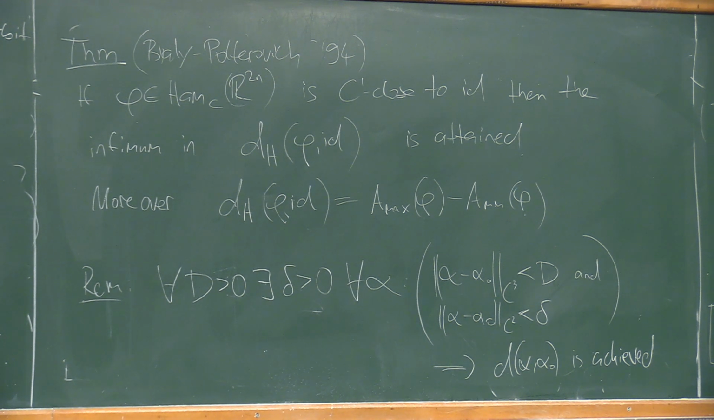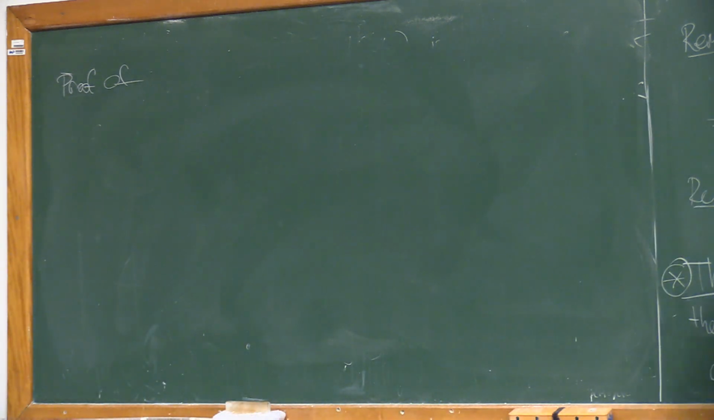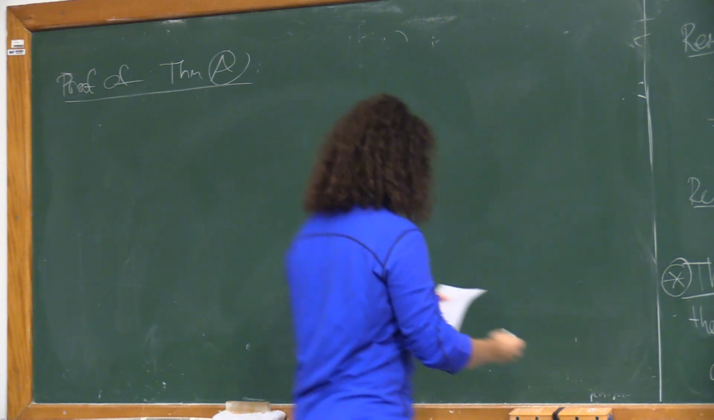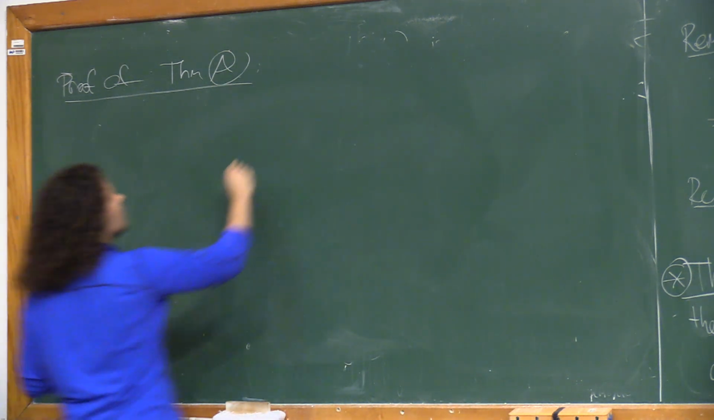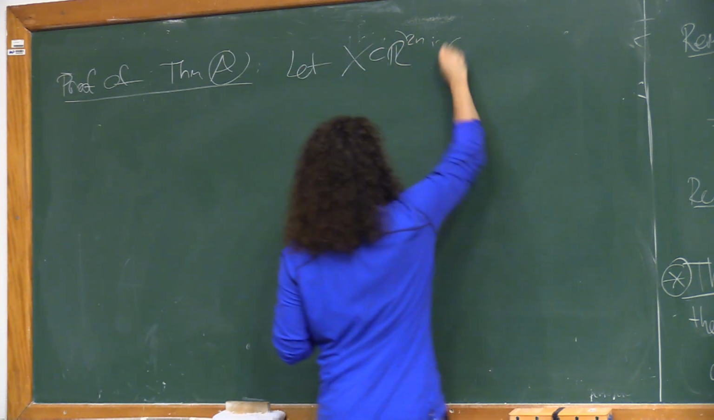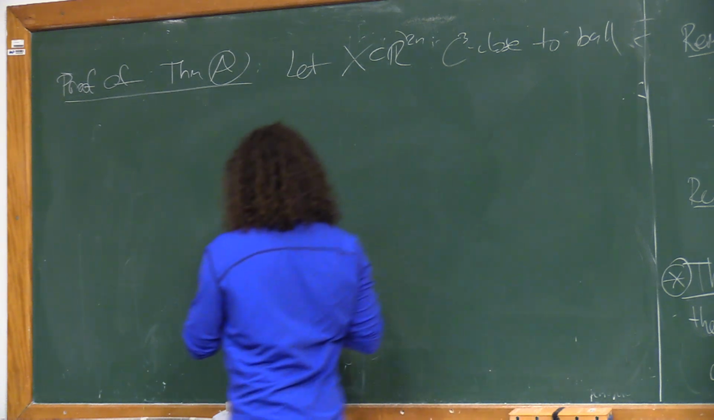Okay, so now I want to actually give a proof of theorem, that's theorem A. And I kind of want to deduce it from this theorem star here. Okay, so we take an x inside R^2n that's C3 close to the ball. Right, we start with that, and the thing we want